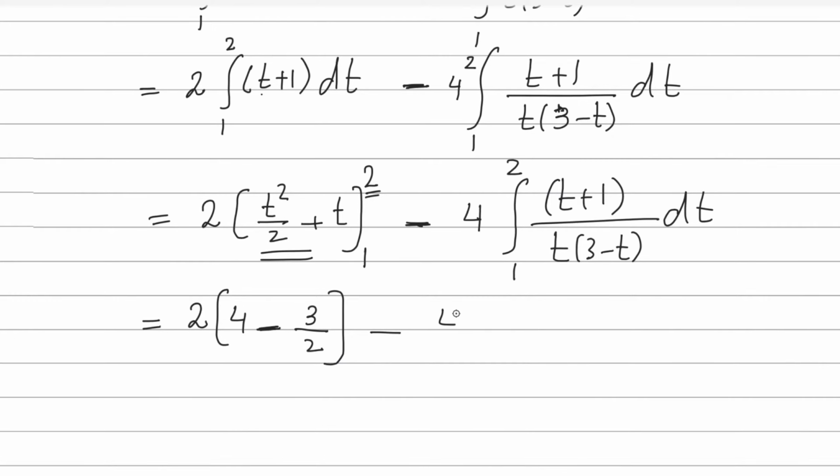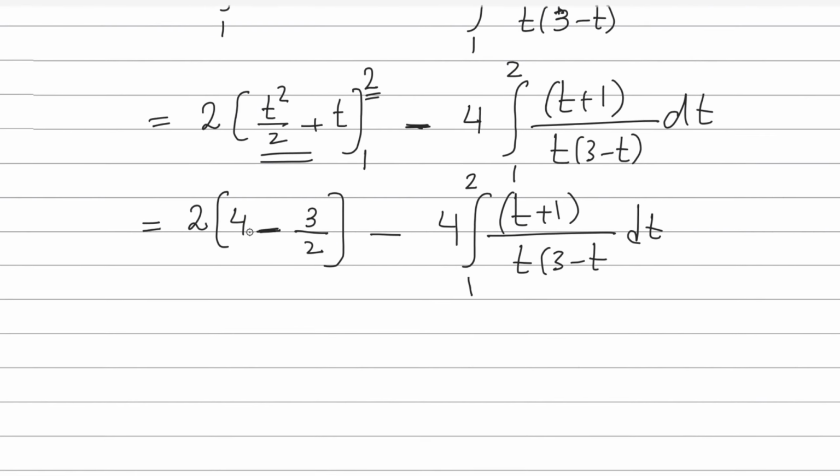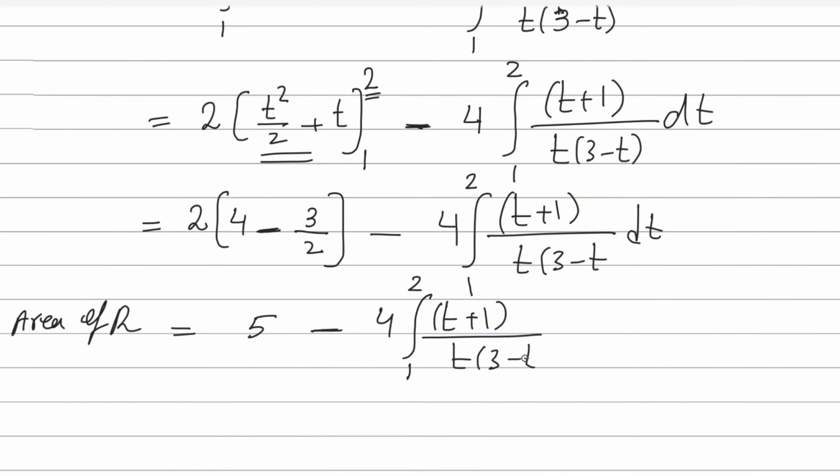And here, keep this function as is, because we got the same result that is required, (t plus 1) over t into (3 minus t) dt. If you solve this one, 8 minus 3 is 5 over 2, and that 2 will be cancelled out. If you simplify by using a calculator even, that will give you the answer 5. So the area of R is 5 minus 4, integral from 1 to 2, and here (t plus 1) over t into (3 minus t)